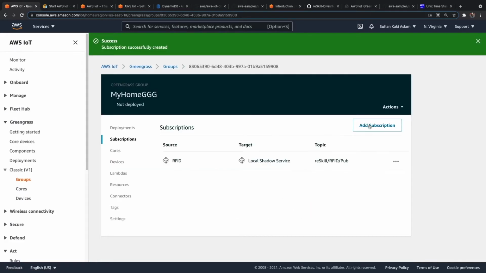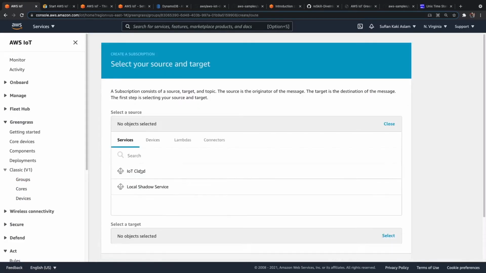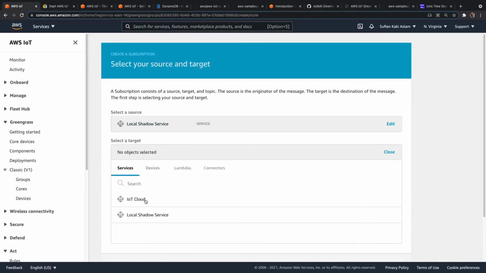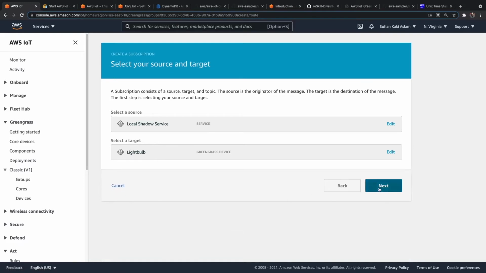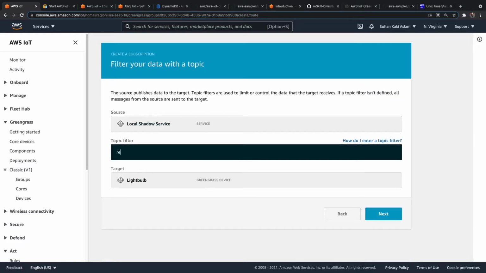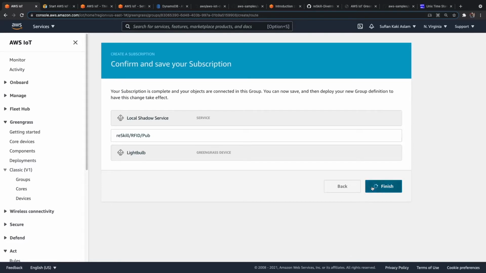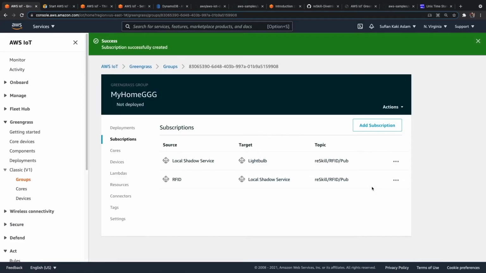And from the local shadow, I want the messages to go to the light bulb. Again, it will have to be in the same topic, Reskill slash RFID slash PUB. Okay, so the messages will get exchanged this way between them.